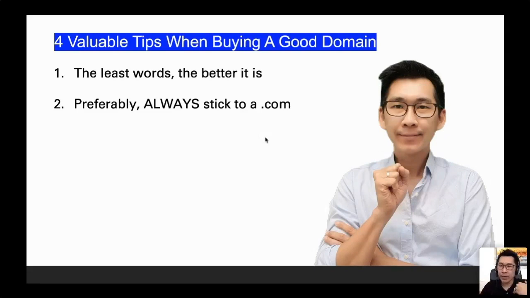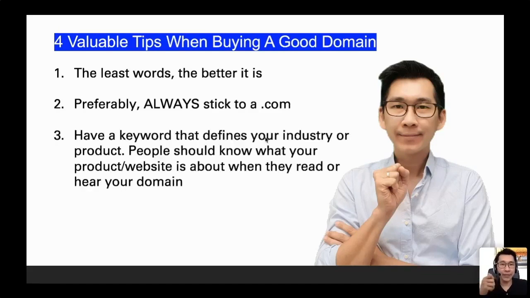Like I have passivewealth.net, because passivewealth.com, I could not acquire that, and passive wealth, it's a good domain name. And the next great extension will be .net. Okay, but if you're a newbie, again, this is called the newbie series. If you're a newbie, just follow this piece of advice and you'll be on the right track. Stick to a .com. So tip number 3, have a keyword that defines your industry or your product.